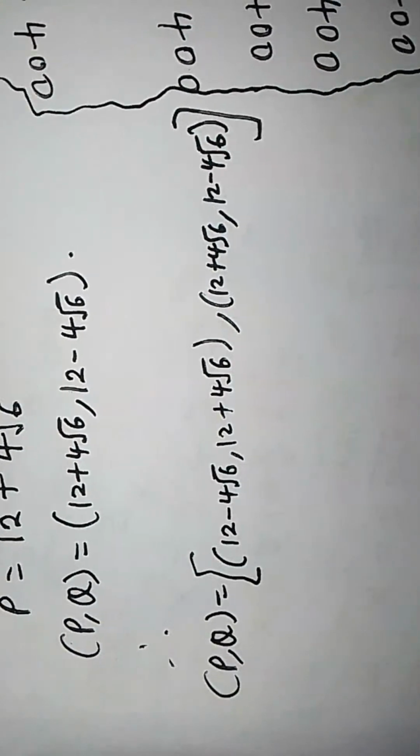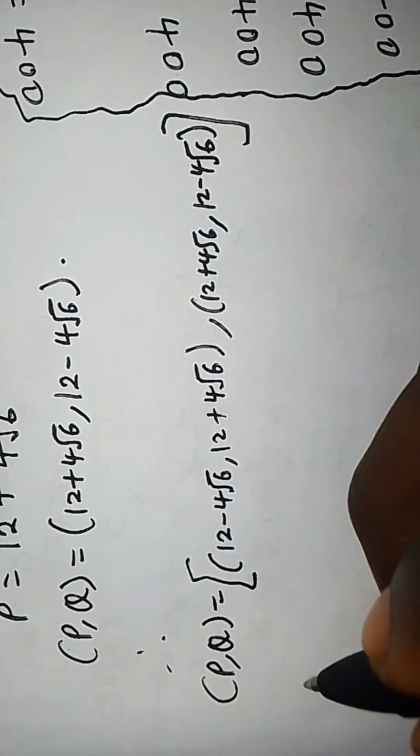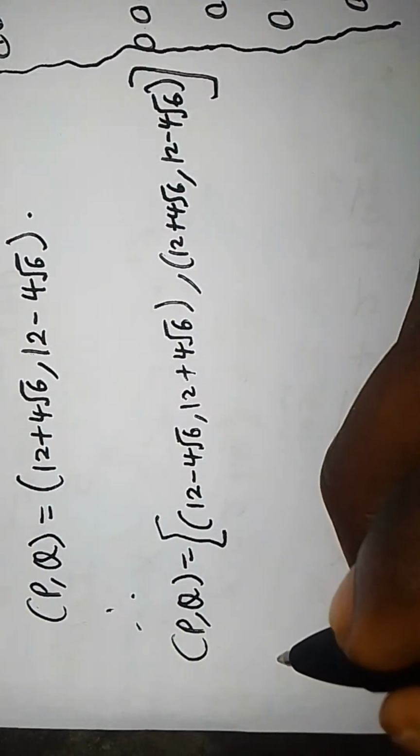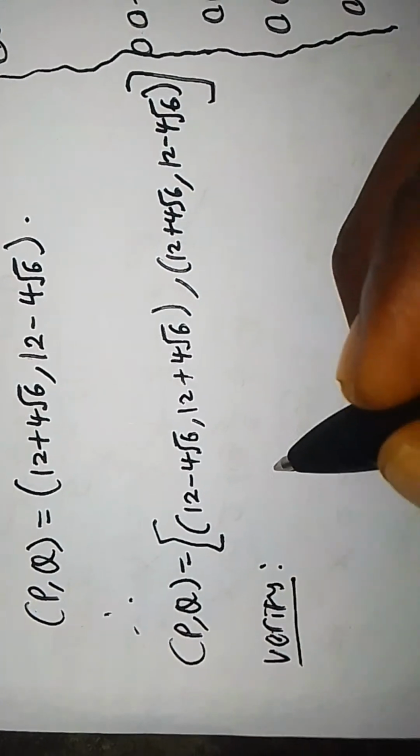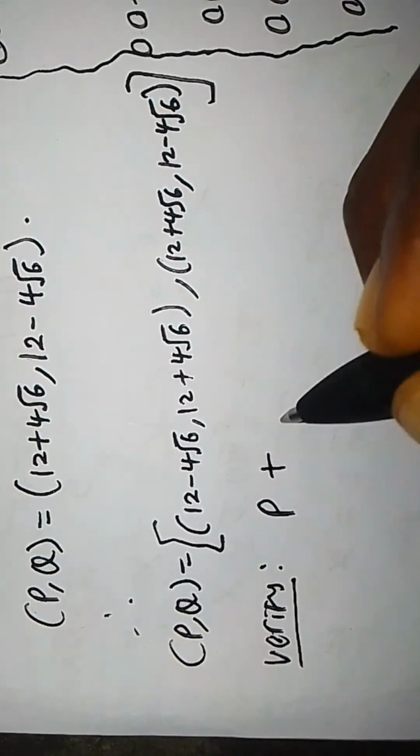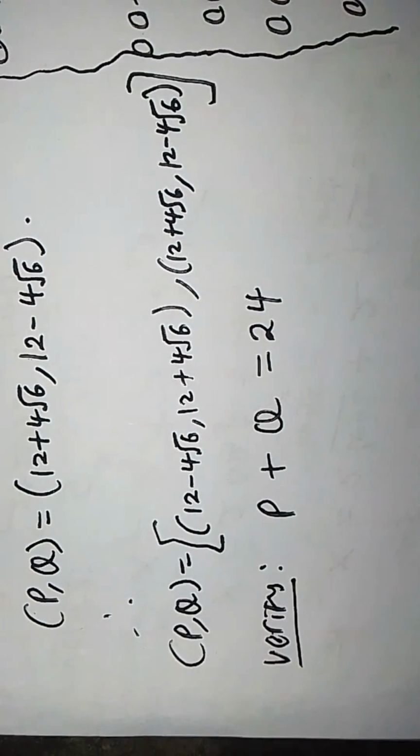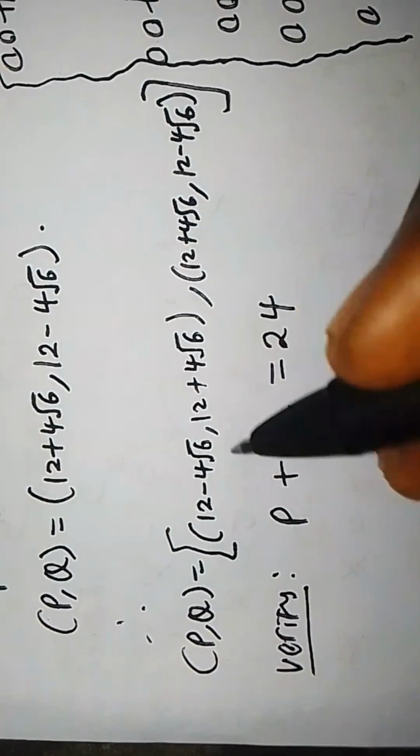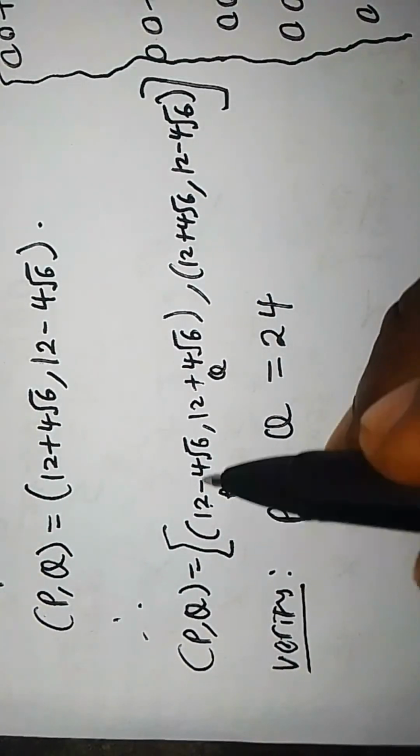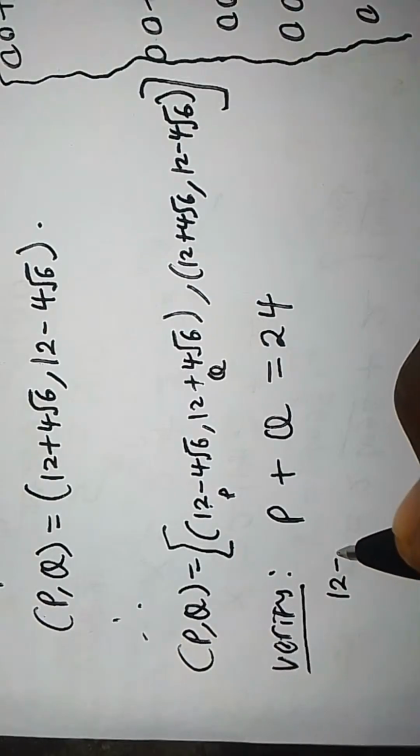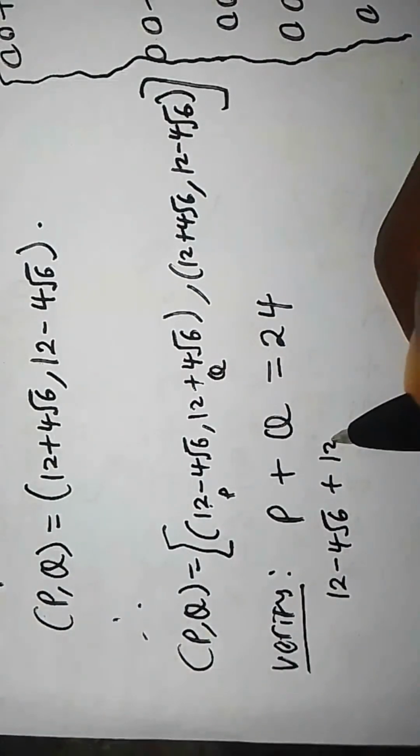So now let's verify if these answers are correct. That's what we are going to do now. Let's verify it quickly using equation 1, which is p plus q equal to 24. Let's verify this one first. This is p and this is q. In place of p, we write this 12 minus 4 root 6, plus q, we write this 12 plus 4